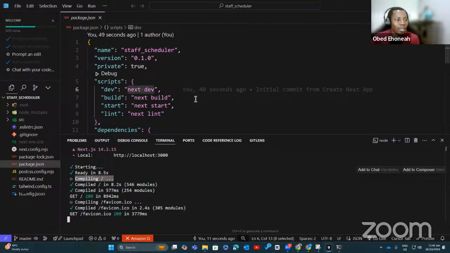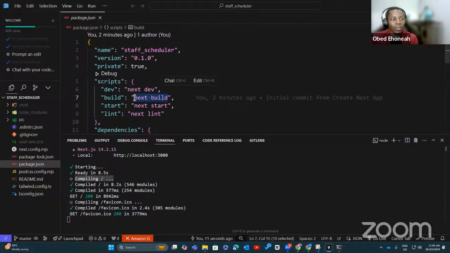In production, the first thing you're going to do before you push is build. So you run npm run build, and it will compile everything into a production-ready website that will optimize your code to an extent and minimize some of the files as much as possible so that you can easily serve them, and they will be relatively faster than when you are in development.